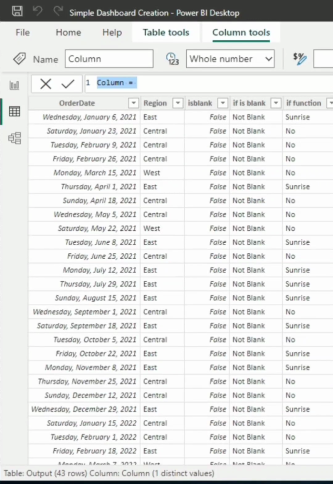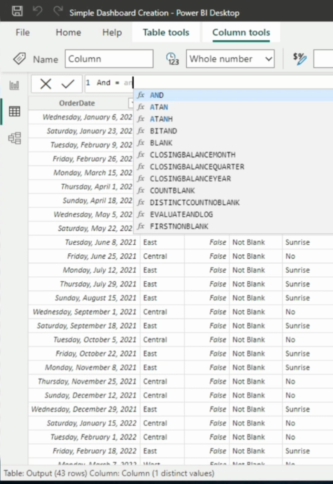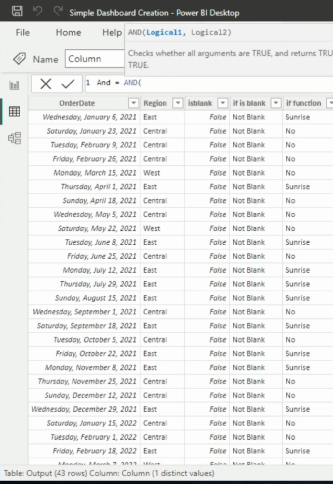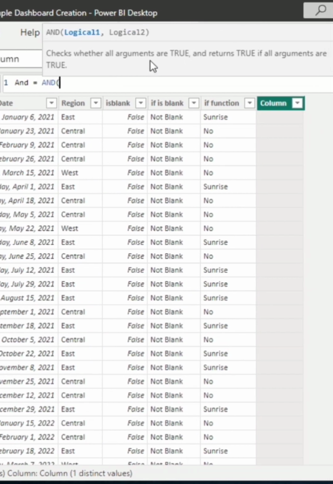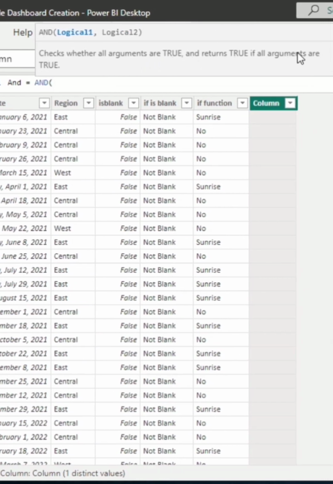The condition of AND, which is equal to AND(logical1, logical2). We need to give logical 1 and 2. Here you can see it checks all the arguments are true and returns true if all the arguments are true,